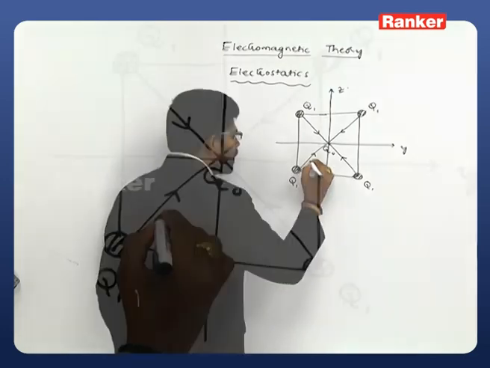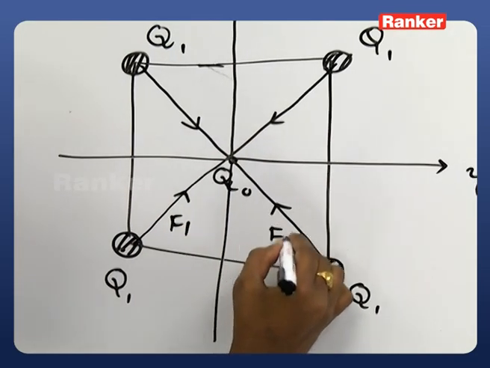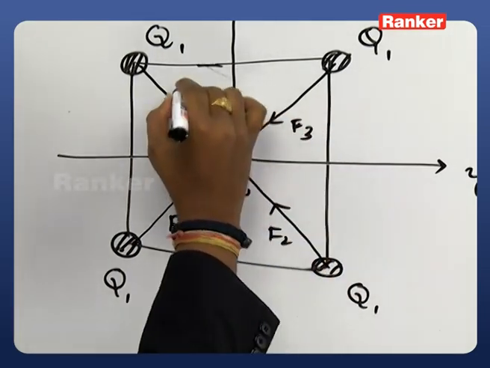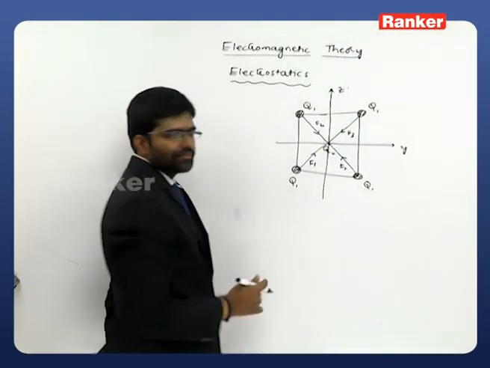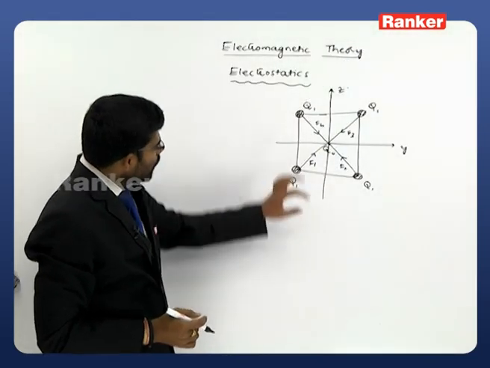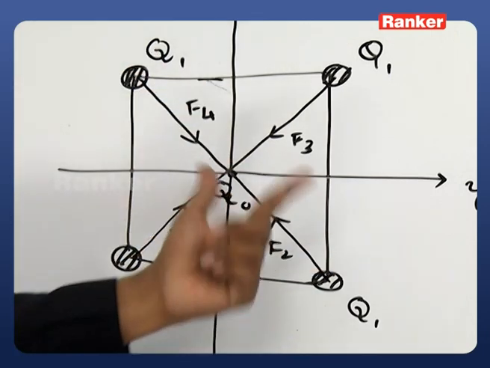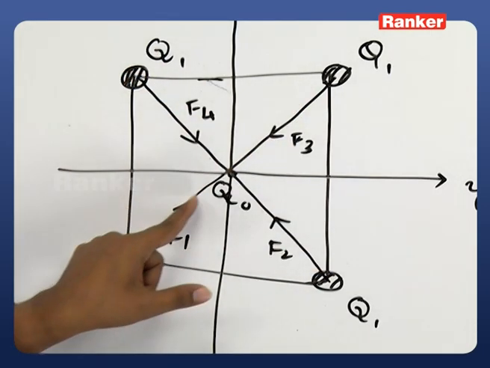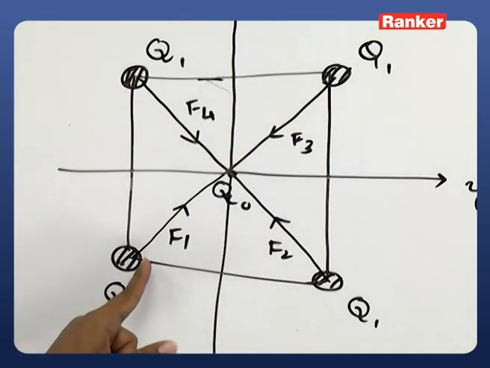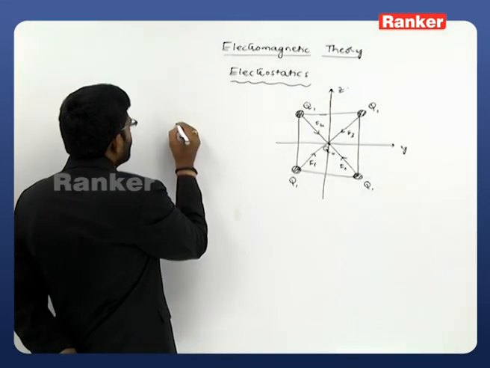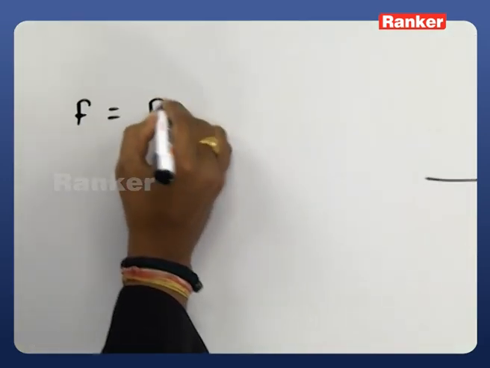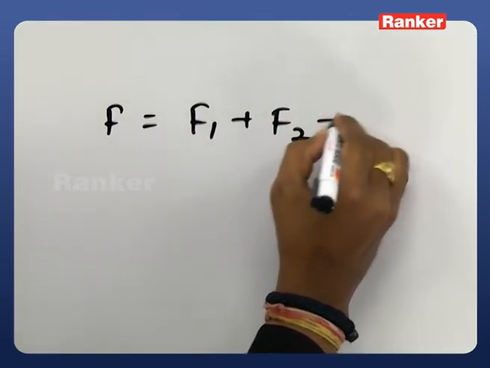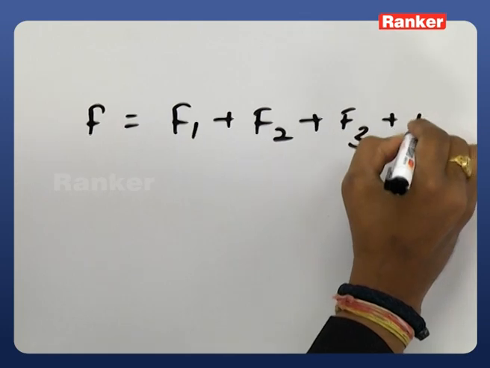Let us take them as F1, F2, F3, F4. Just identify that the force between these two is F1, then F2, F3 and F4. Now we are going to calculate the force acting on this q naught because of these 4, right? The force acting on q naught, F, is equal to the summation of these 4 forces, F1, F2, F3